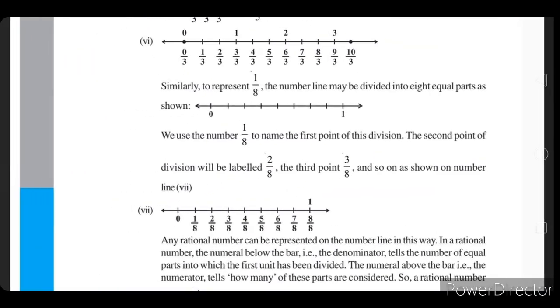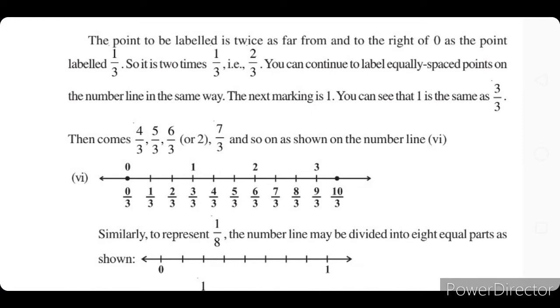So next we will see how to show the rational numbers on number line. Suppose we have to show 4 upon 3, 5 upon 3, 6 upon 3 and 7 upon 3 on the number line. To show the rational numbers on number line, their denominator must be equal. If we have to show multiple numbers on the number line, then their denominator must be equal. If it is a single number, we will divide the number line into parts according to the number shown in the denominator. So here in these numbers 3 is the denominator.